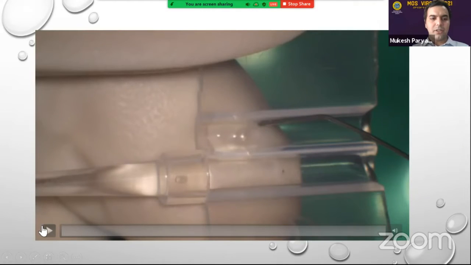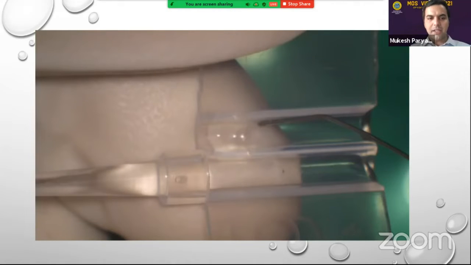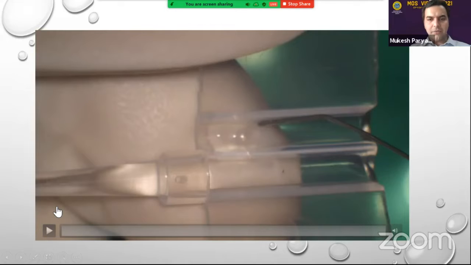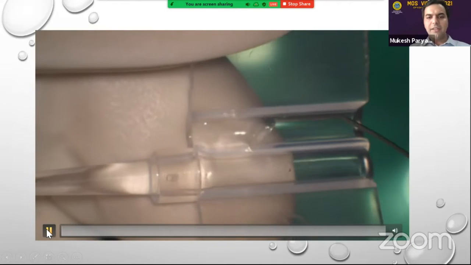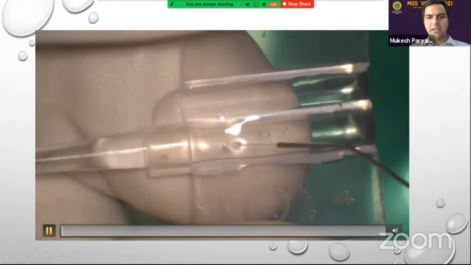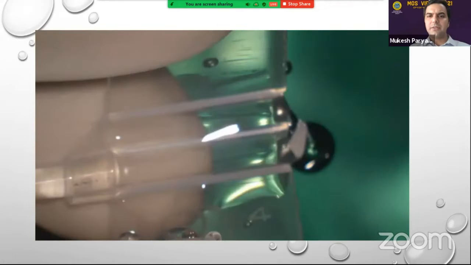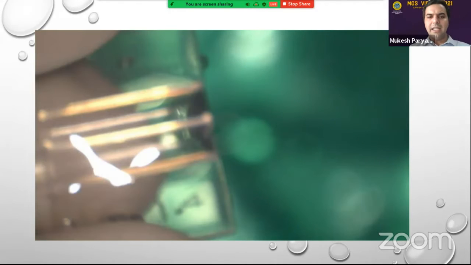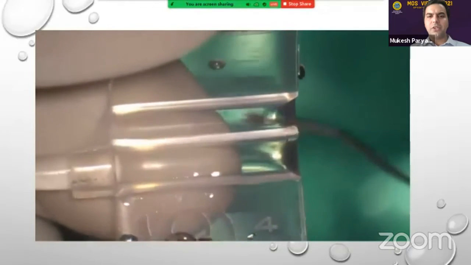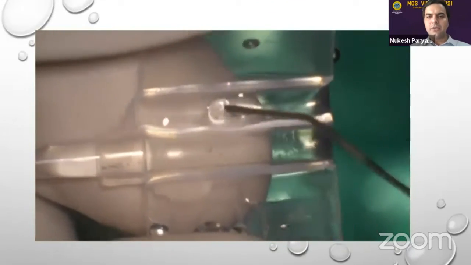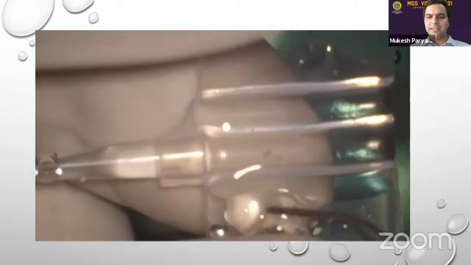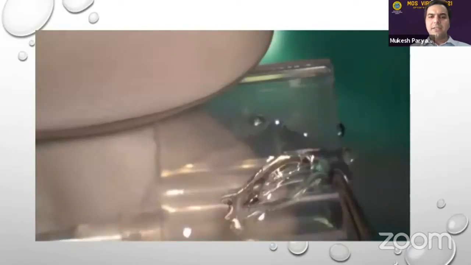I'm sure my slides don't include the loading of the STAR ICL, but I have the loading part of another Indian phakic IOL, which is the Care Group phakic IOL, and I don't have any financial interest in any of those. So when we are loading another one, this one is pretty simple. We just have to load it like any other intraocular lens. I use predominantly either the Ringer lactate or the BSS solution with a minimum of viscoelastic. The lens is loaded in a routine manner.